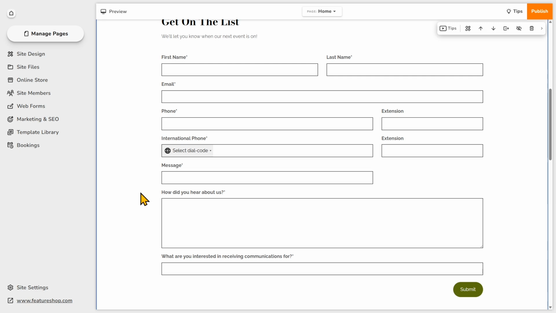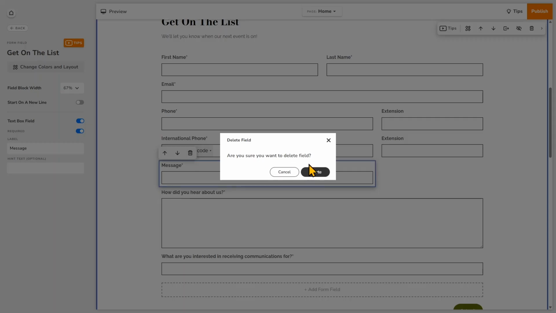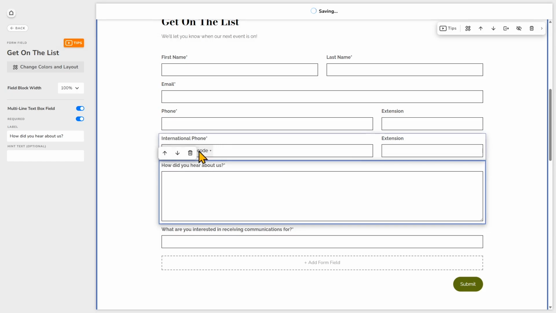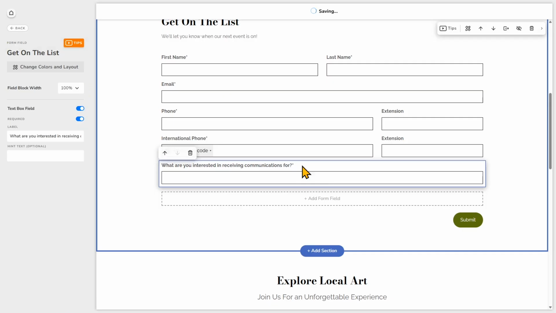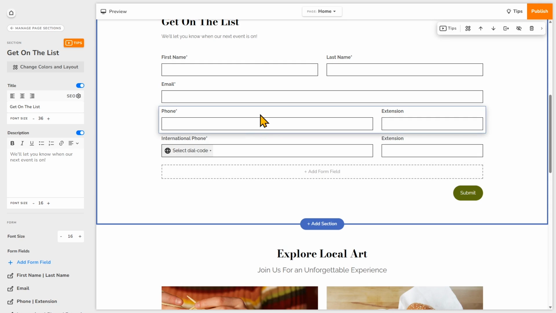For example, let's clean up this contact form so that it only prioritizes the key information needed. You also want to make sure that visitors know exactly what information they need to put in. I'll get rid of these fields just by clicking on them and deleting them. For the mission for this form, I just want to collect their information for an email list, so I'll get rid of the phone number.